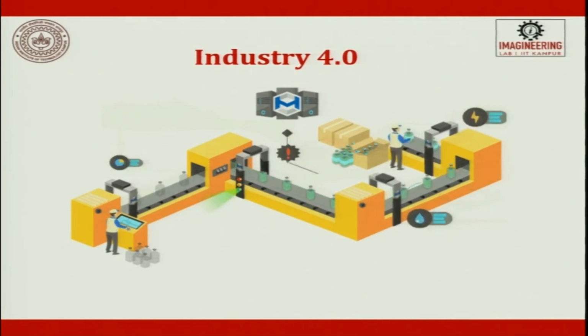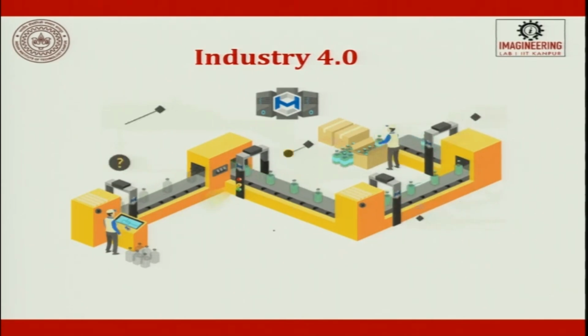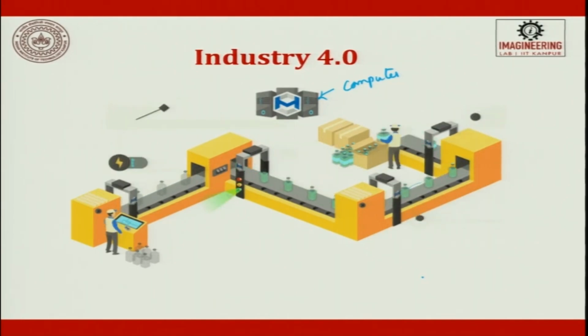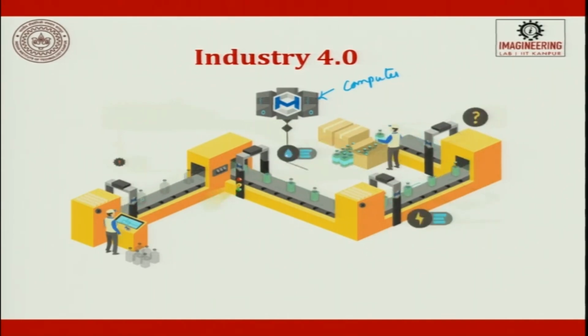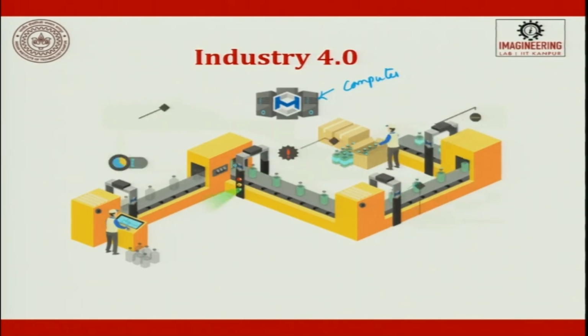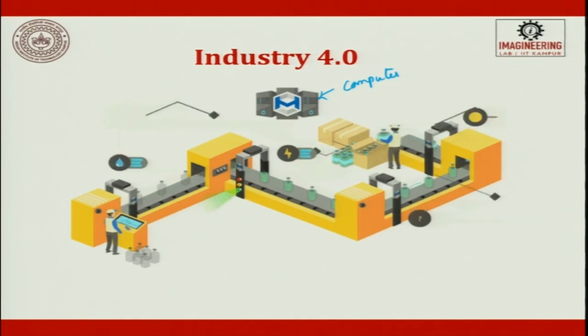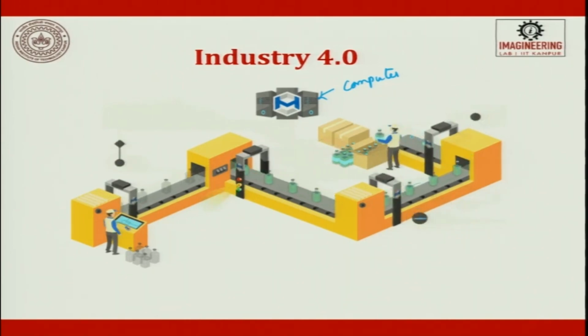So, now which bottle to be filled, what quantity to be filled, what is the timing, what should be the production rate, everything is dictated by a computer here and all the sensors try to take the preventive actions whatever is required. For example, let us assume a defective bottle enters inside. When it goes here without even analyzing, if the filling happens on a defective bottle, it is waste. Then if the same defective bottle keeps moving and stamping happens here, a second waste. Then let us assume a lid is put on top of it and then finally it goes to this level and a man takes a decision that the entire thing is waste.